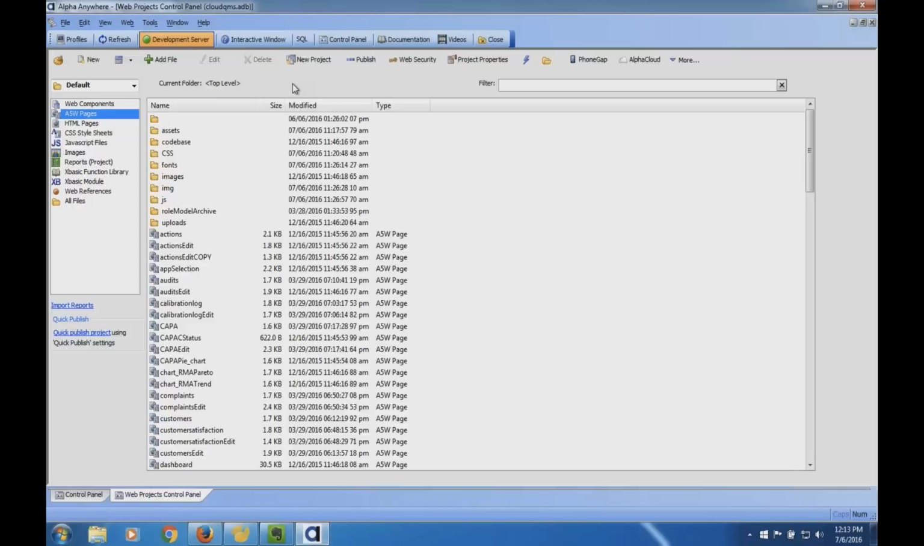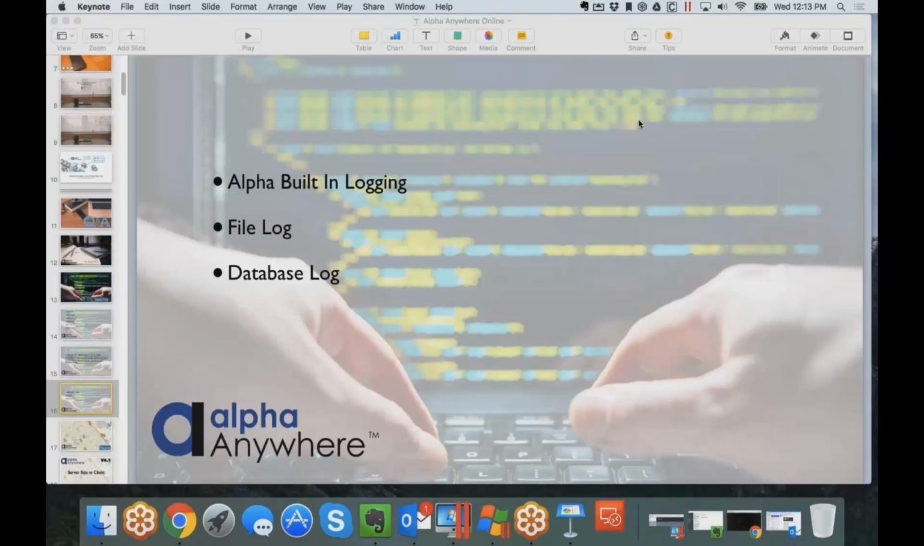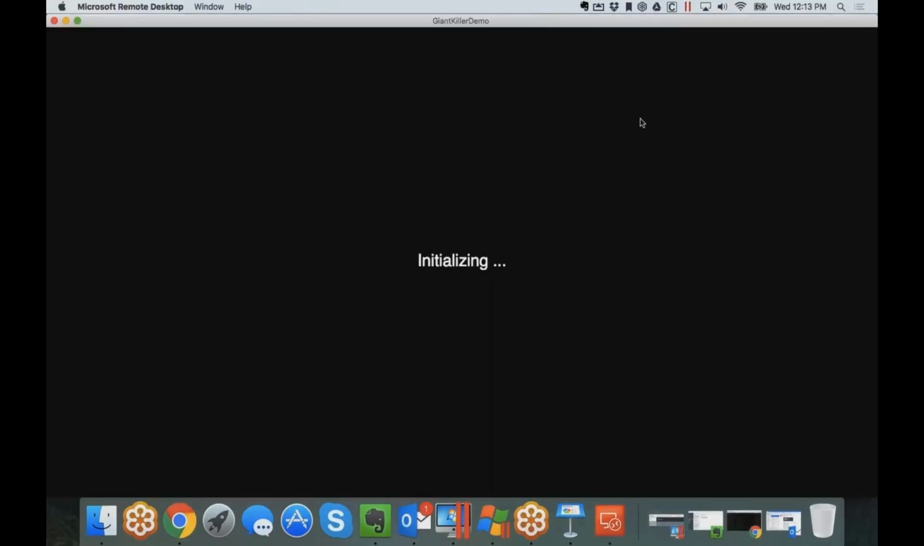Now, there's some other ones, and so I'm going to pop out to actually go to the server. So that's on the development environment, and when it publishes it, it sets some switches on the server, and it'll start doing that. But what I'd like to do now is I'm going to use my remote desktop capability, and I'm going to pop up to my Giant Killer Demo server, which is hosted with our wonderful